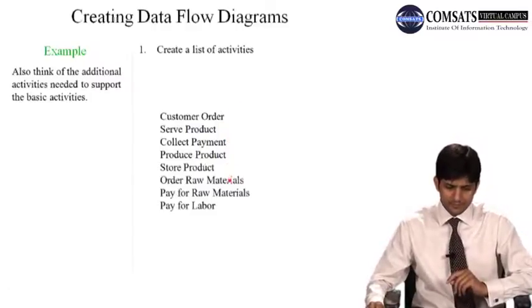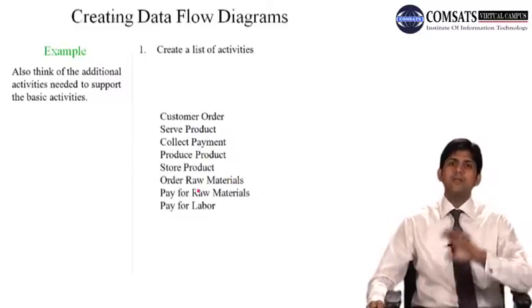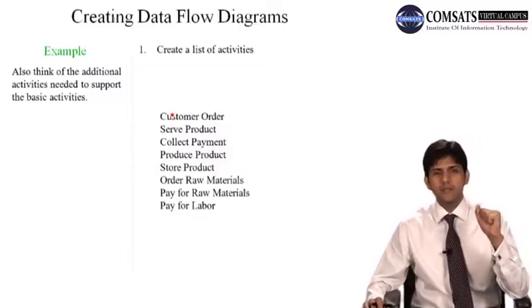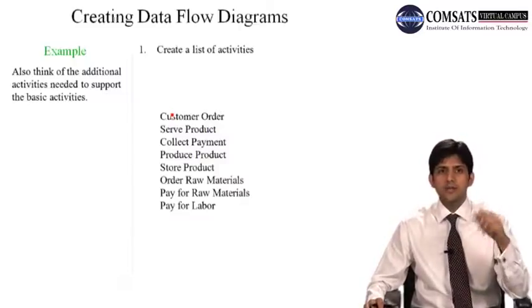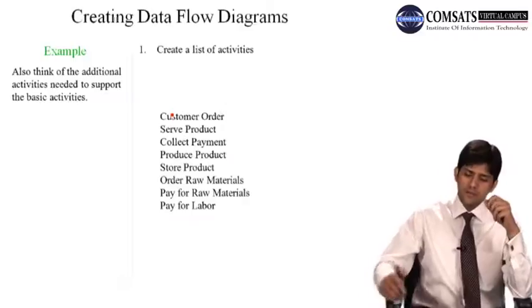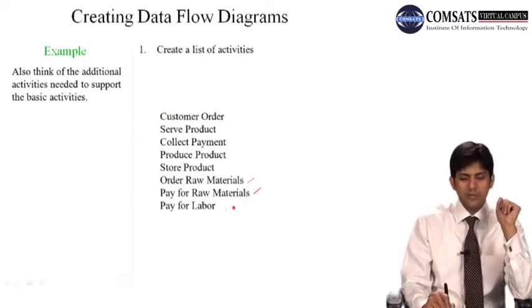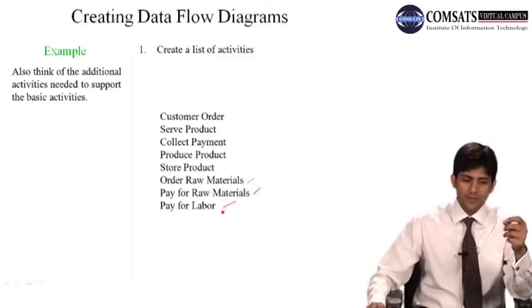Okay जी. But we saw कि ये activities काफ़ी नहीं है, ठीक है, क्योंकि for example you need lemons to make lemonade, let's say. Okay, now that is the raw material in this case. So you need to order raw material, ठीक है, you need to pay for raw materials and you need to pay for labor. So we have identified more activities. Okay,